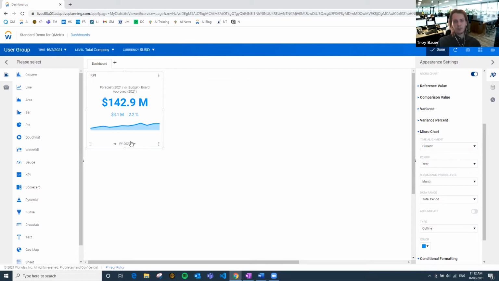We've got the period being the year. So we've got FY21 defined. That means from left to right, this chart is showing the entirety of the year, FY21. The breakdown is the month. Now the breakdown is just all these particular data points in this graph here. So if I go into my KPI and hover over, I can see these data points each month. You can see that little month indicator from May to June, July, and so forth. So that's the breakdown period level there.